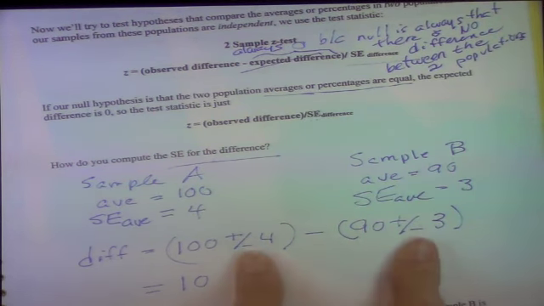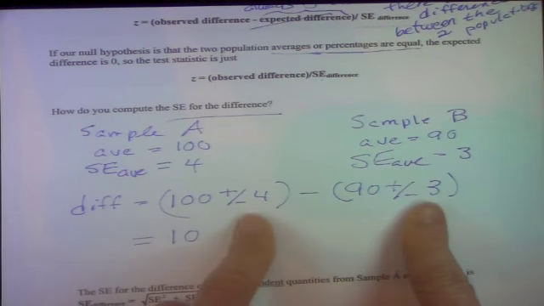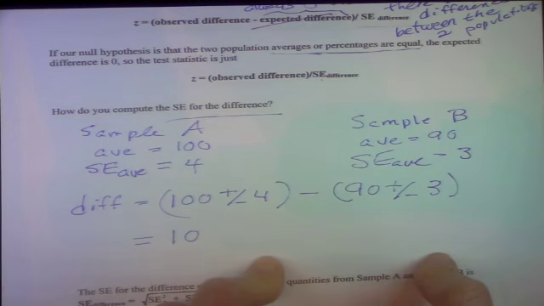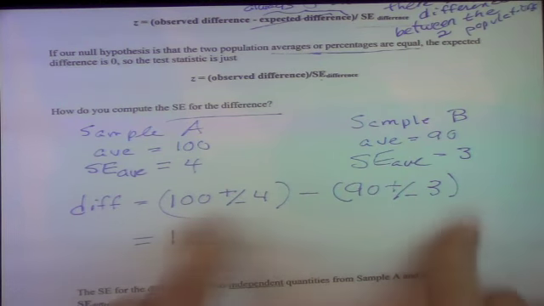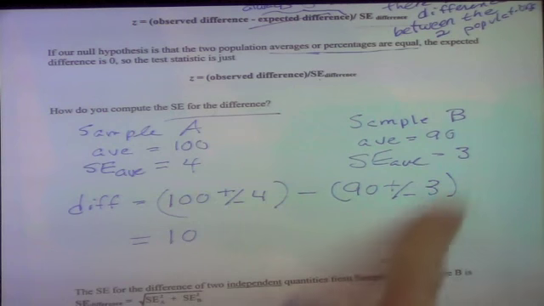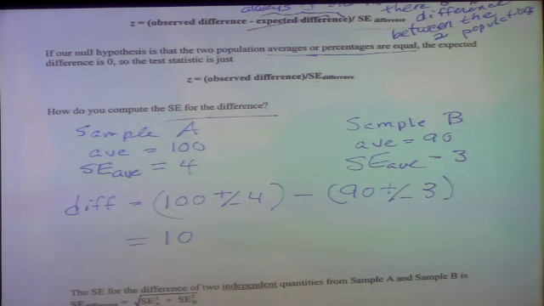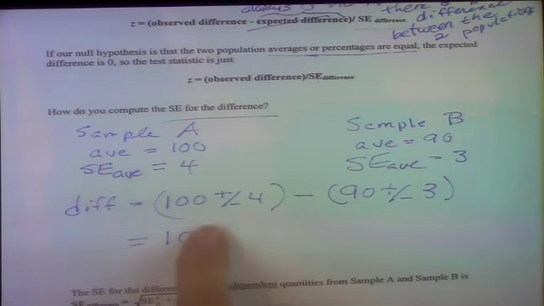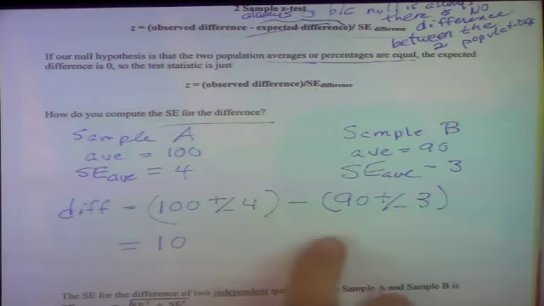How do we combine these two? Should we say 10 give or take 7? Just add them? Should we say 10 give or take 1? Just subtract them? Let's think about it. We know there's uncertainty here and there's uncertainty here. So when you're sampling from both of them, you're bound to have more uncertainty than you would if you just sampled from one of them, because you're adding some uncertainty here.